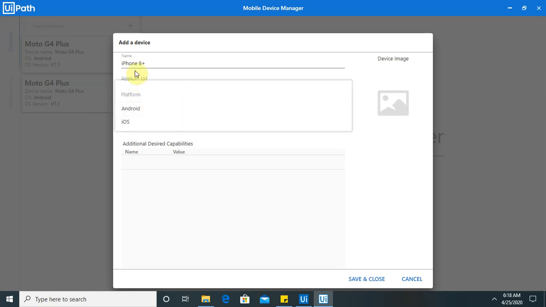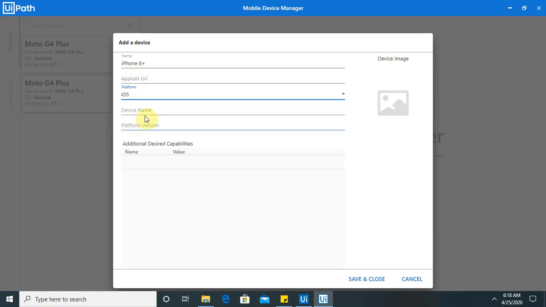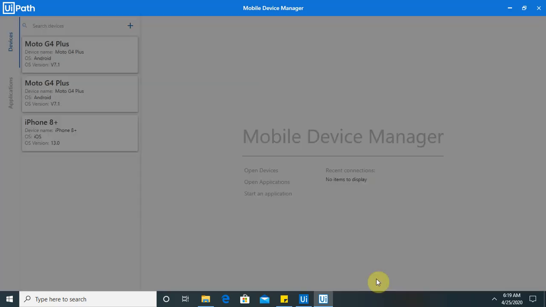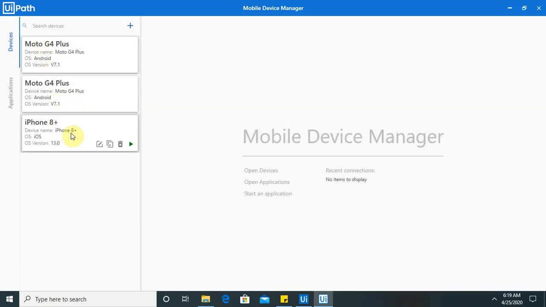Platform: which platform you are adding the devices for, just like I want to add iOS devices. Device name: I am adding here iPhone 8 Plus. Version: which version you are using, 13.0. Save and close. You can see one device is added here.